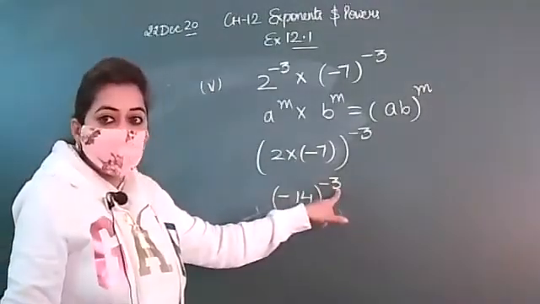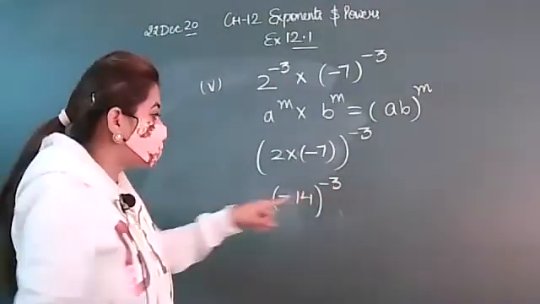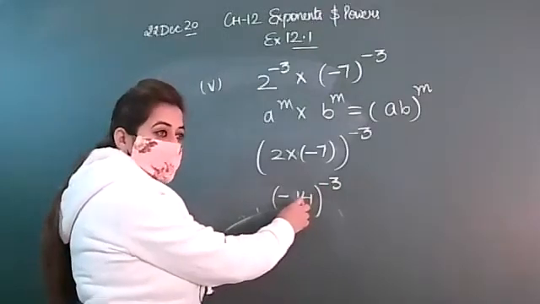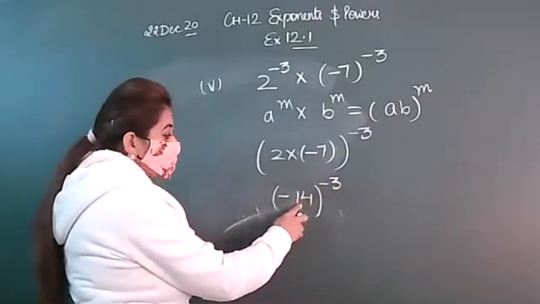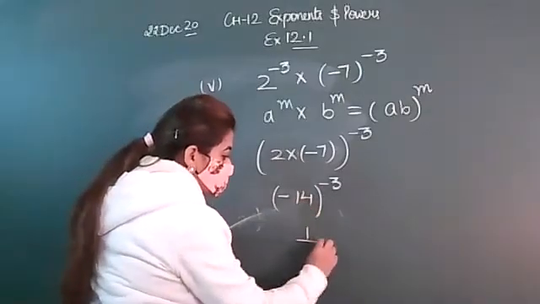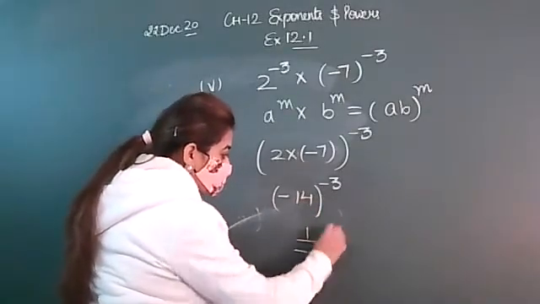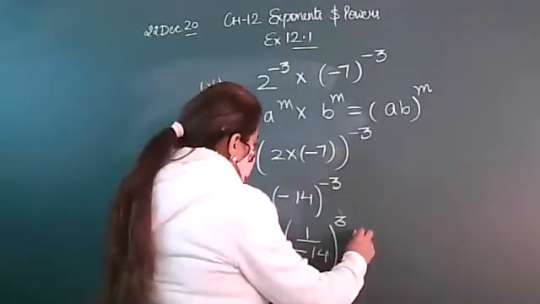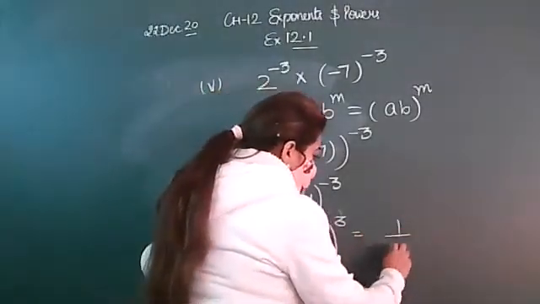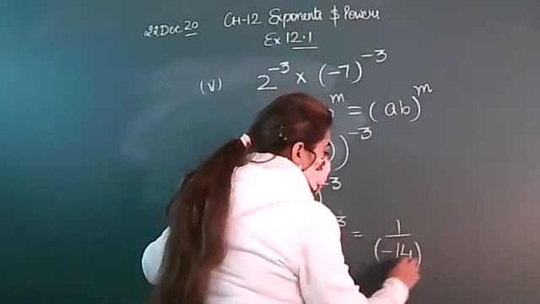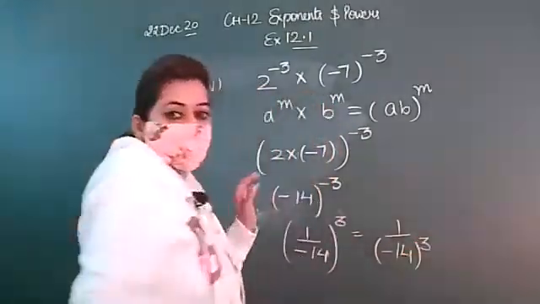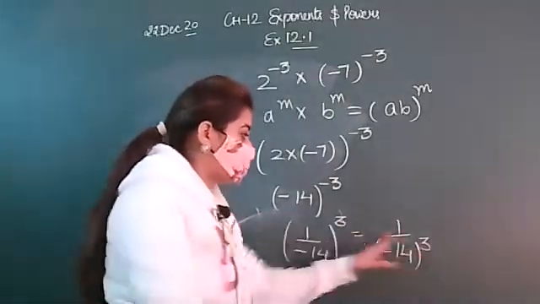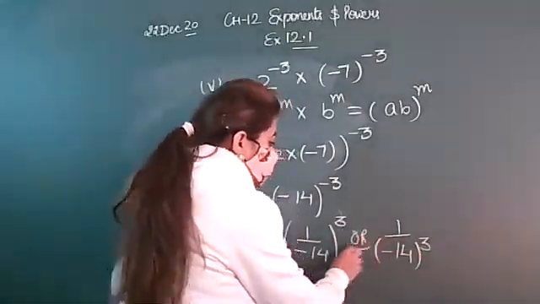Now we want to convert it into positive manner because it is written. So you will convert it by using the reciprocal, or you can say the multiplicative inverse. So when you make the reciprocal of this, this will give you minus 1 by 14 whole raised to power 3. So this is your answer, or you can write it in this manner also: 1 upon minus 14 whole raised to power 3. If you want to write whole cube, or you can write in this manner also. So both are the correct phrase.